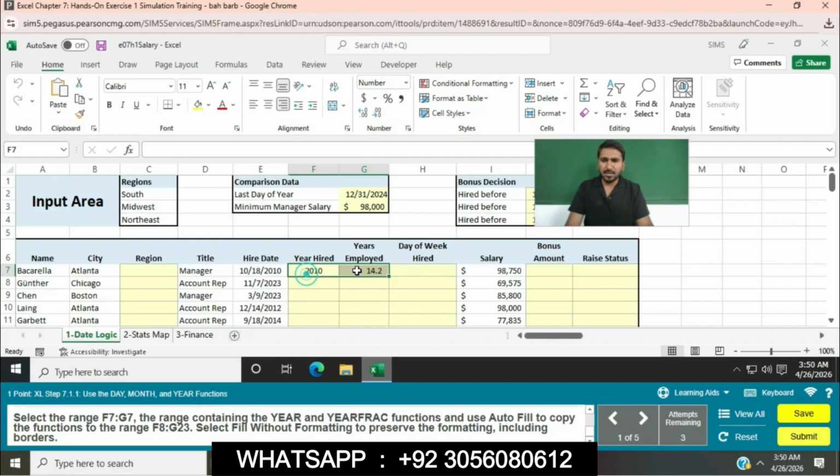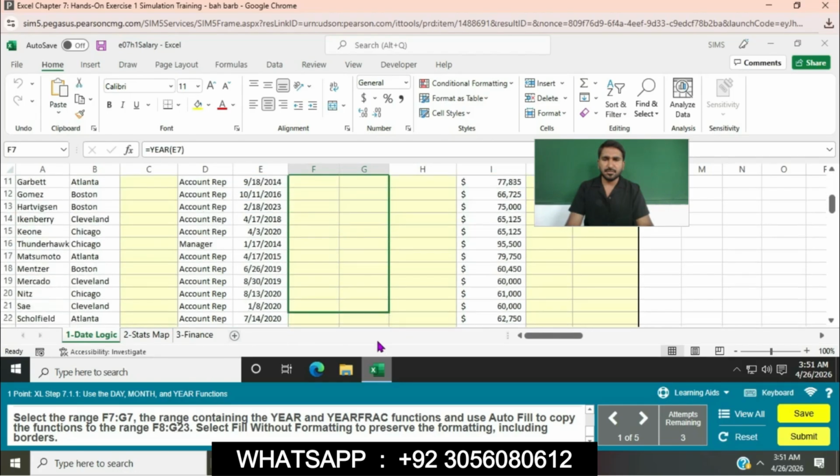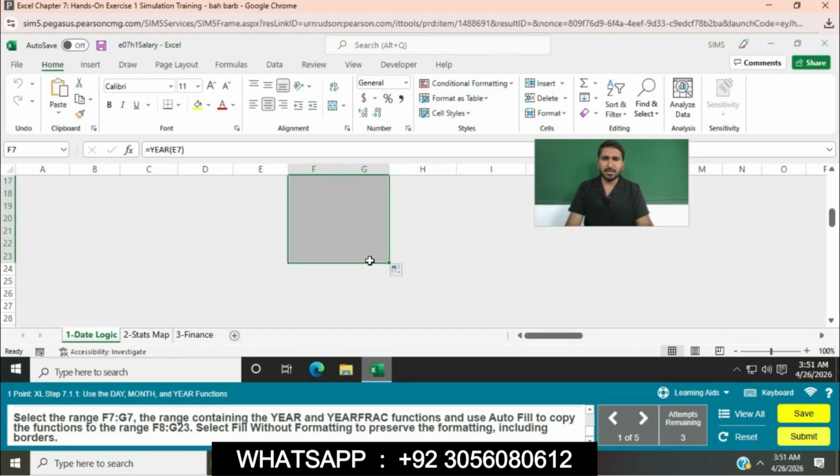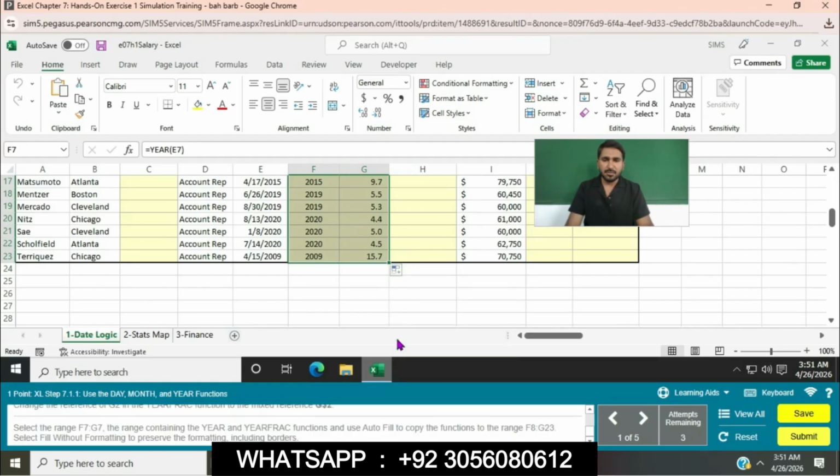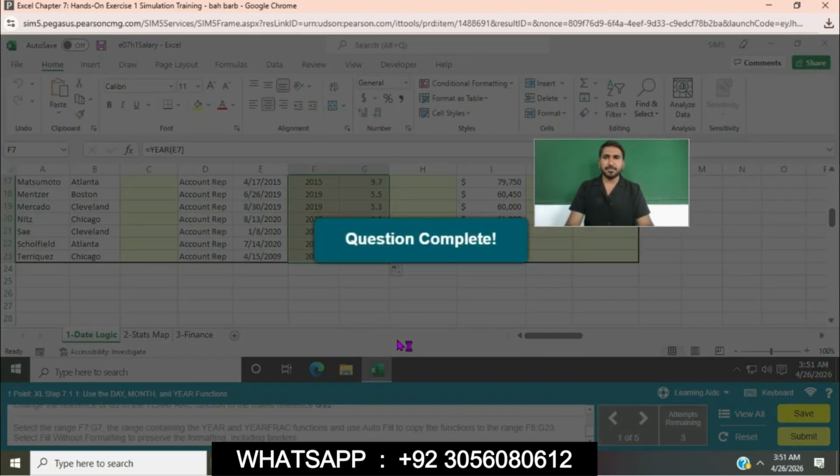Here is F8 to G23. So select Fill Without Formatting to preserve the formatting. Okay, question is done.